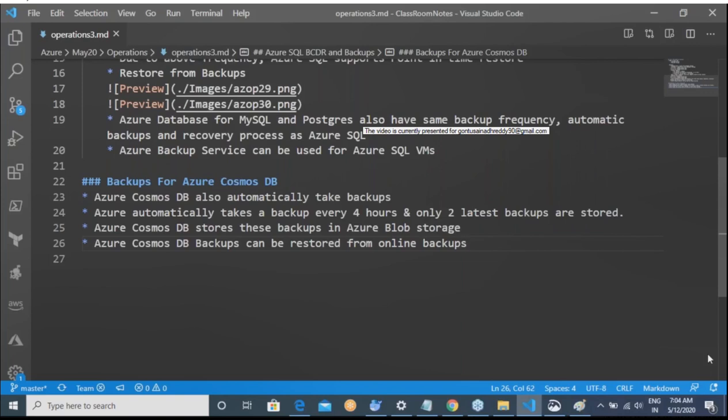In Azure, you have to understand one thing. We have to be very specific about our backup and recovery policies when it comes to virtual machines, but not really databases, because these databases are already platform as a service. Since these are platform as a service, Azure automatically takes the backup, so you just need to do the restore. For that, you just need to know the options.